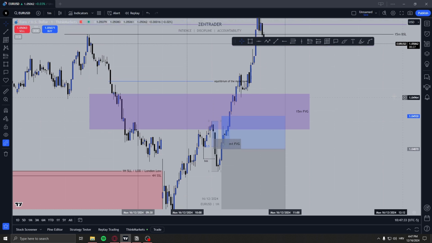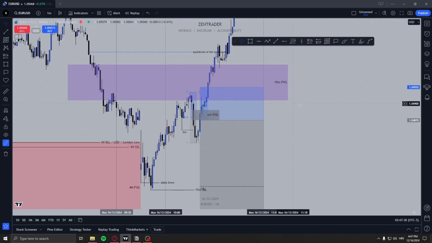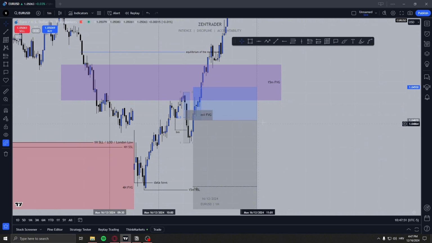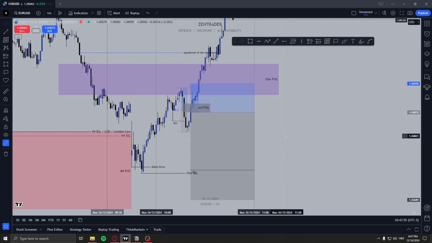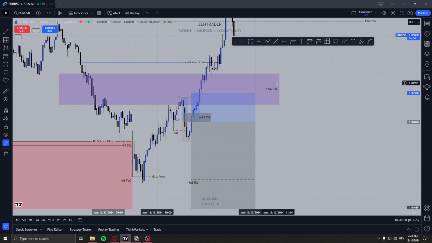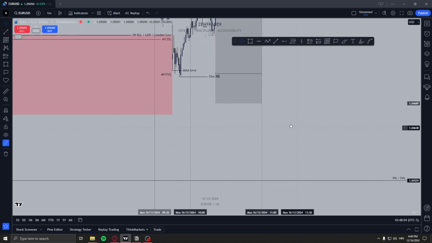So once it reached the 15-minute fair value gap, I cancelled that buy limit, and then I looked for a sell. This is my mistake because yes, we have a bias in our favor, yes, we have reached into a fair value gap, and yes, we have a break of structure with the fair value gap, but what we don't have is the sweep of key liquidity, which is the reason why this trade wasn't valid. The key sweep of liquidity is a key thing in the 2022 model, and yes, you can use fair value gaps to create setups like this, but as you can see, the target was really not that good.